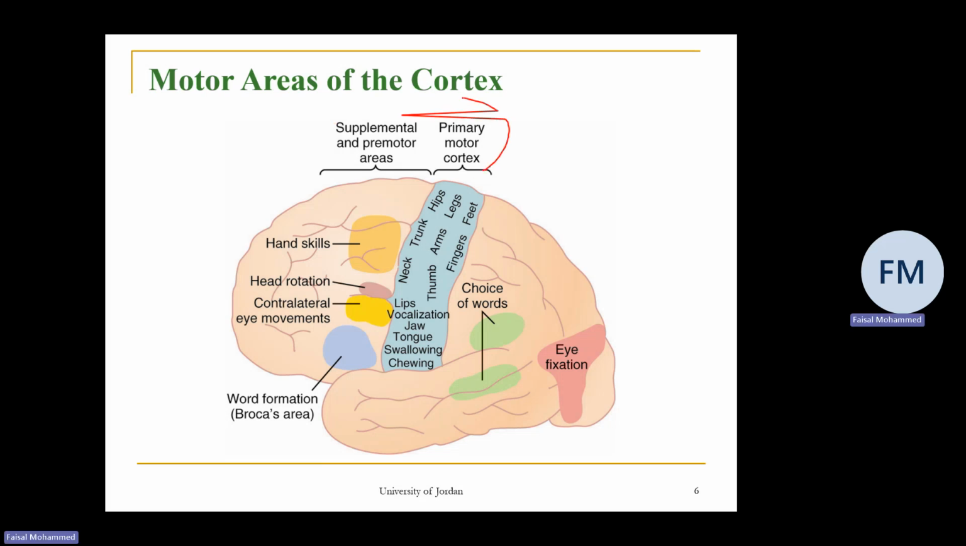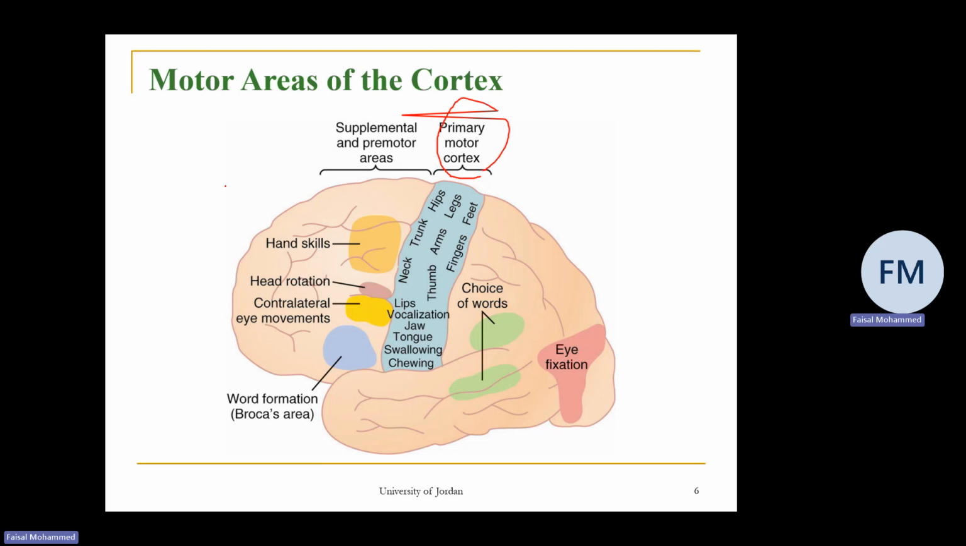This is the primary motor cortex, which is in the precentral gyrus. As you see, we also have a representation of our body, like in the sensory areas, and the representation here is proportional to the number of motor units. And the representation, as you remember from the sensory areas, is